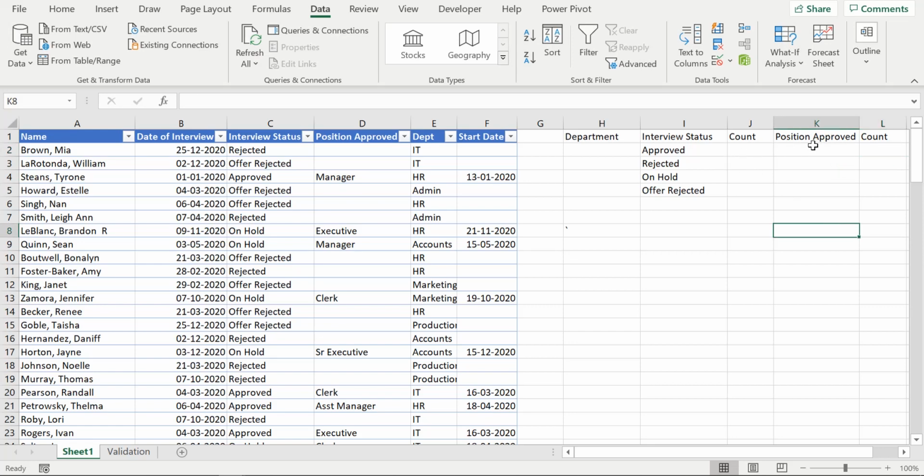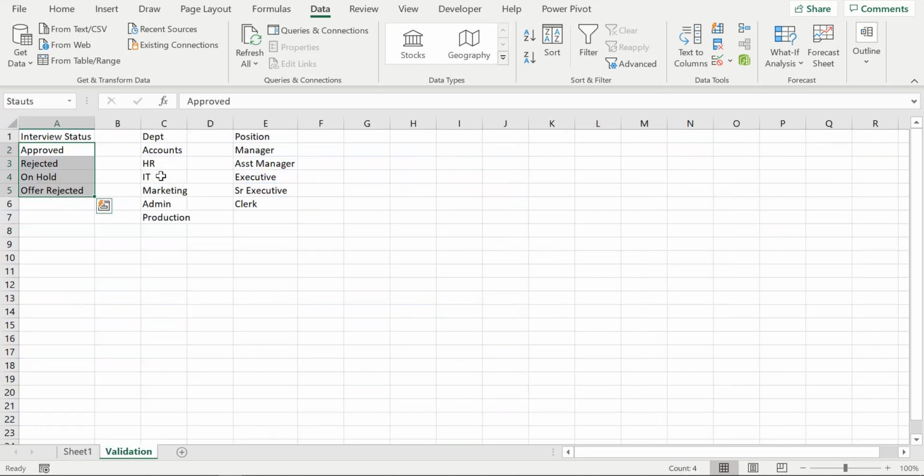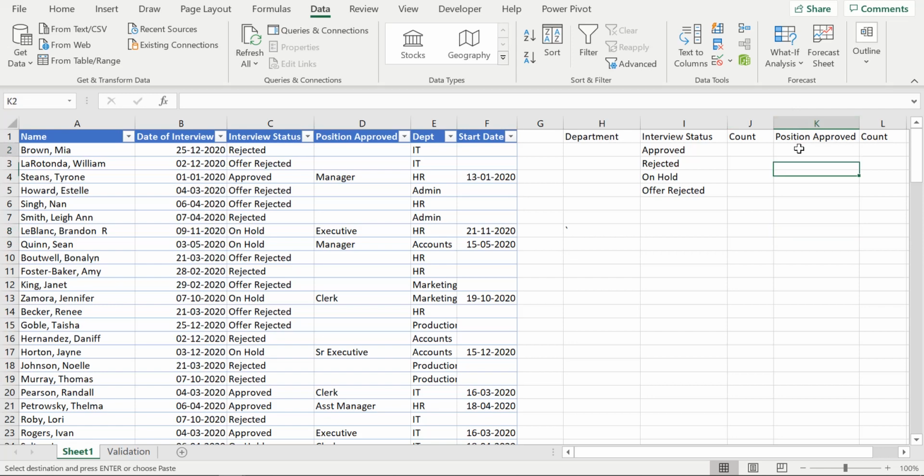So what are the positions approved? So again we go to validation. We have all these positions over here. I press Ctrl C, I come to my sheet 1, I type in here Ctrl V. So these are the different positions approved. So for a particular department, how many were approved, how many rejected, so different statuses and different positions that were approved for that particular department.